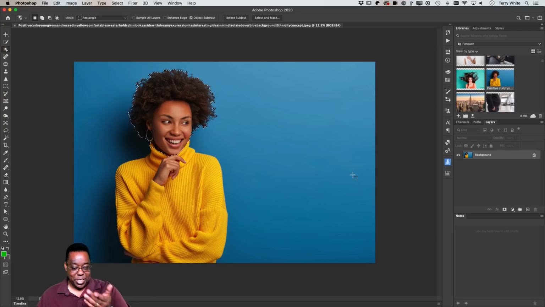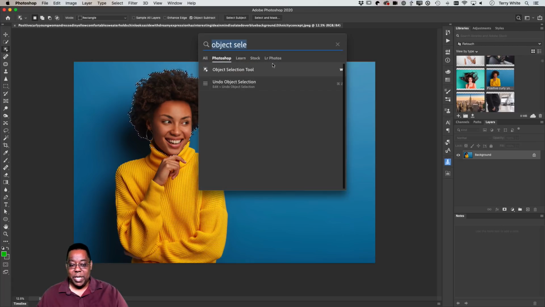I don't know how that's going to work on just her, but it did. Just selected her head, and that's what the object selection tool is for. So if you ever needed to find something or find how to do something, just click the search and ask. And it's more than likely going to show you either where it is or a tutorial on how to use it, or both.